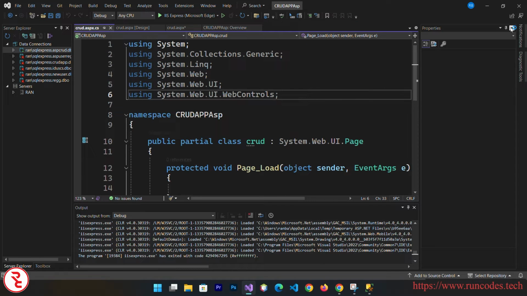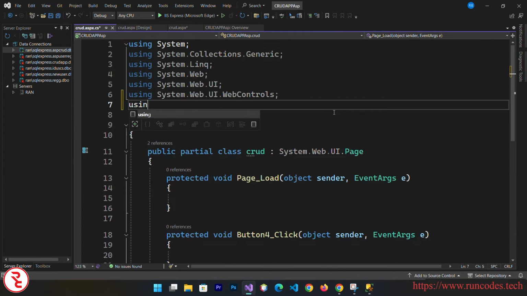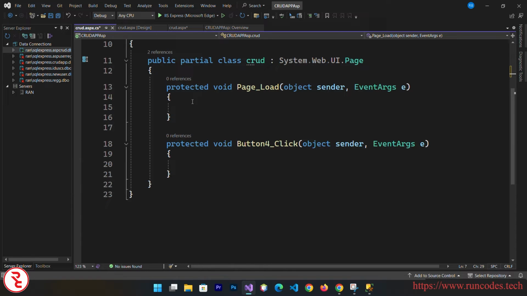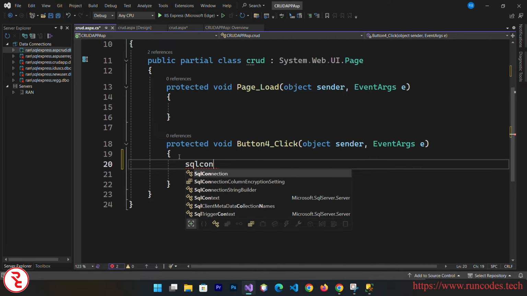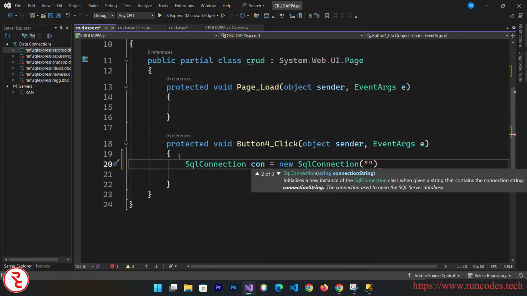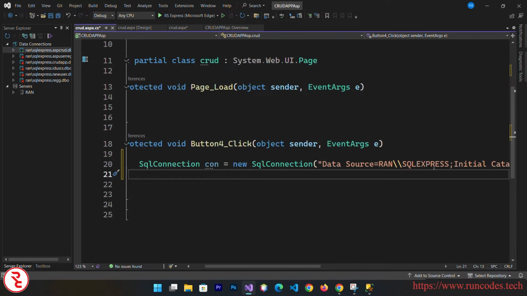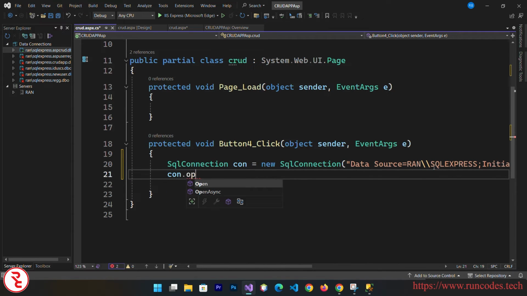First of all, scroll down, scroll up, let's close it, and here using System.Data.SqlClient, we need a couple of classes, so that's why. And here SqlConnection con is equal to new SqlConnection, and here goes that recently copied connection string. Simply paste that, and it may cause some error later, so simply remove that space also. And here I need to open our connection,